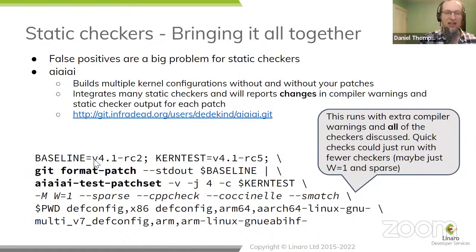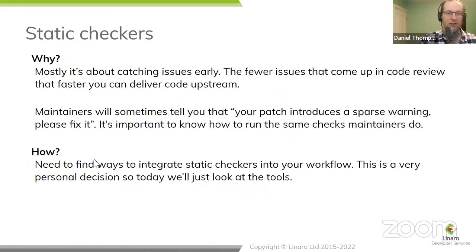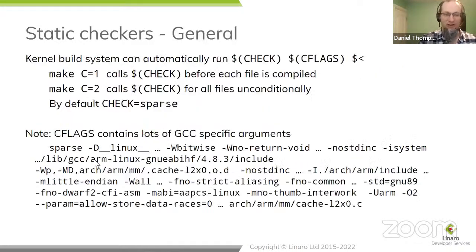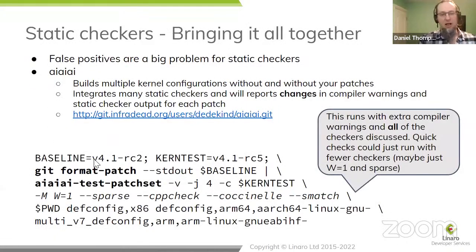So when that maintainer says, you've introduced a sparse warning, please fix it, it won't always be this tool behind the scenes, but that's the sort of technique they can use to discover that. But it is just a family of shell scripts. It's not particularly unique. It's just the one that I've picked up on. And like I say, I think these days CI robots tend to be starting to fulfill this role for people.